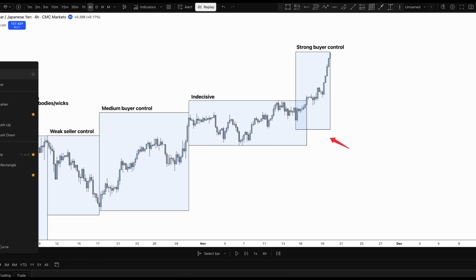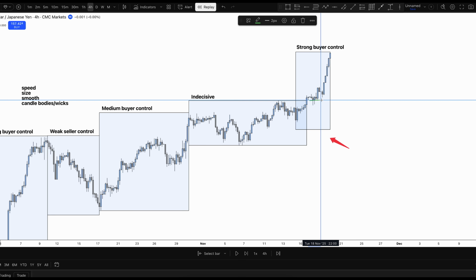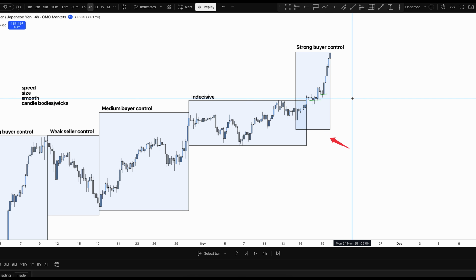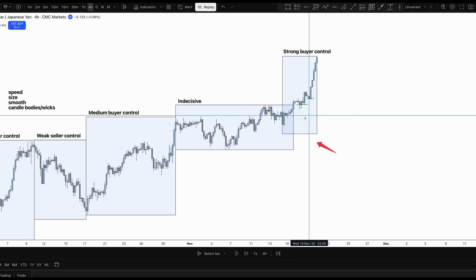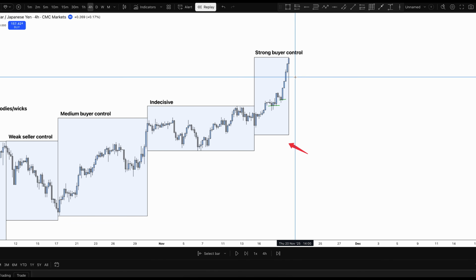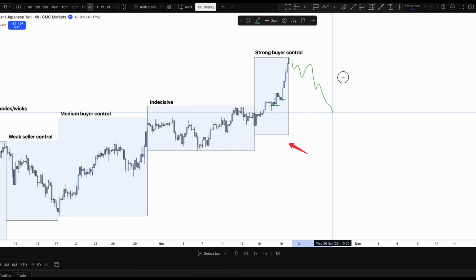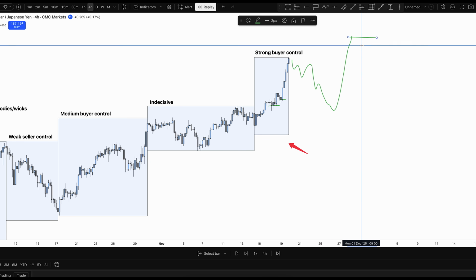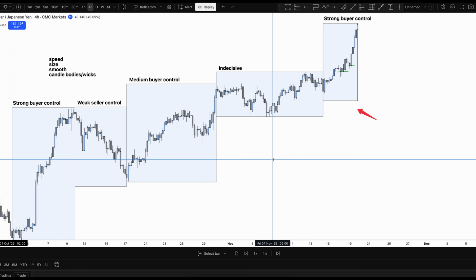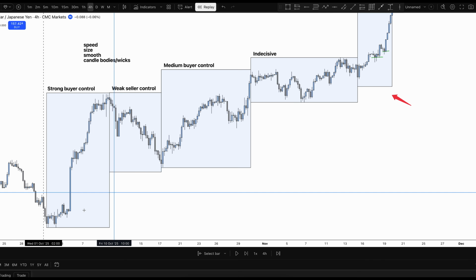And as we see from the pullbacks as well, we are getting buying momentum coming in with these bullish wicks. So we're in a situation here where this is pretty clear, strong buying control. And that is, of course, then likely, obviously, we are forecasting, followed by a weak seller control into medium or strong buyer control again. All right. So you can see how we've actually read into each of the individual candles and then contextualized it